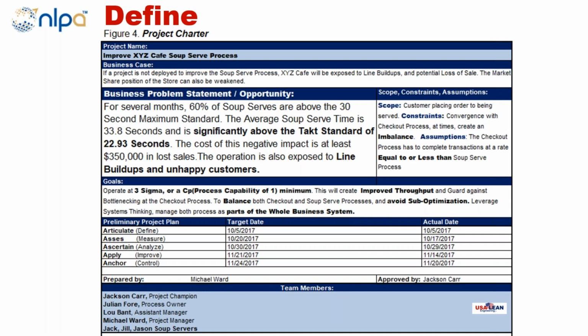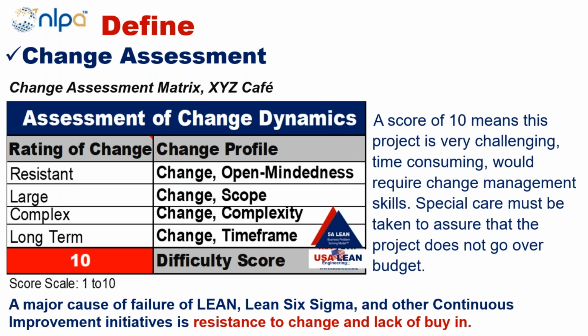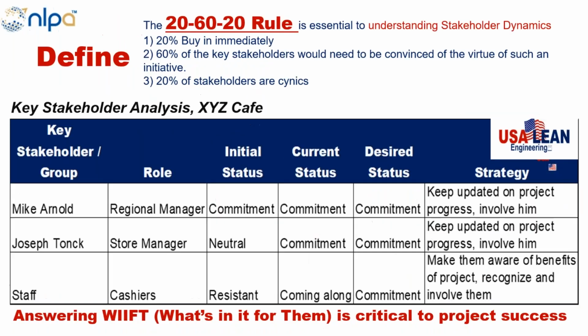Scope creep, meaning that you start off with one intent to work on one particular issue, and then you're working, and all of a sudden you're working on 10 issues and nothing gets done. So these are all elements of the change assessment, of the define phase,